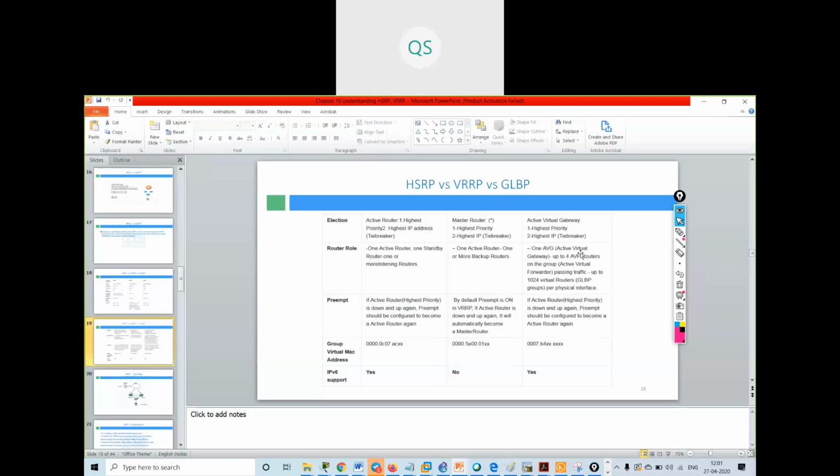One AVG, active virtual gateway, and up to 4 AVF routers you can have in a group. In one group you can have up to 4 AVF routers which will be passing traffic.